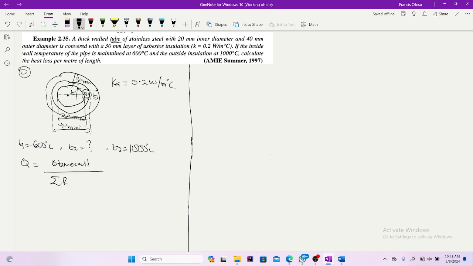all over summation of resistances. Right. So now we are using the overall one because we have T1 and then we have T3. And from the look of the diagram, T3 is at a higher temperature than T1. So the heat transfer will be from the outside insulation to the inner, right? So 1000, sorry. What we derived was actually 2 pi L, right? So 2 pi L multiplying T3 minus T1 all over,